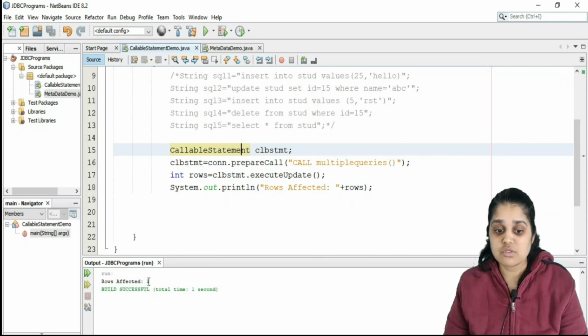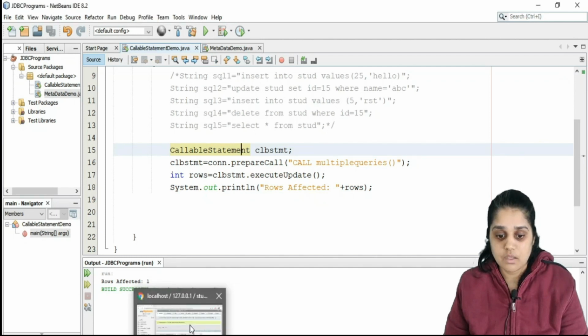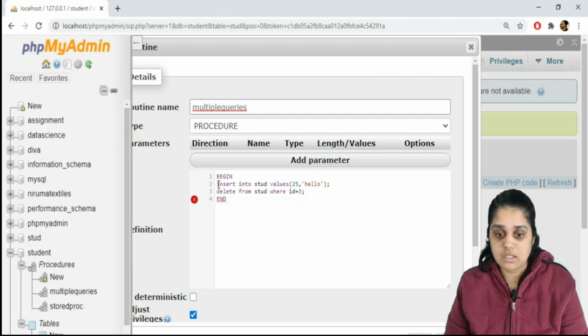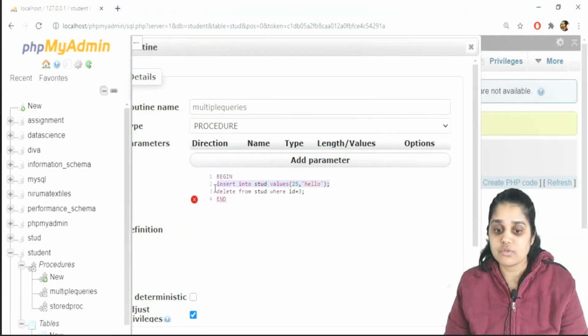Hence the number of rows affected is 1. In spite of doing two different operations, it is returning only one, because it is returning the result of the first query, that is your insert query. My first query was insert supposedly. Yes, so it is returning the result of this. It is not returning the result of this, right?